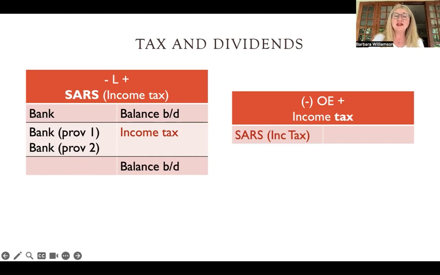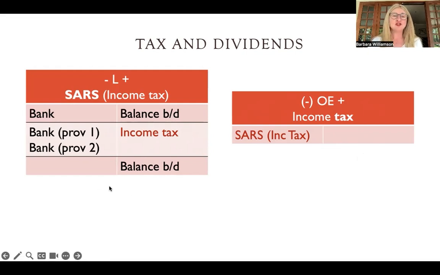At the end of the year, you would then calculate what is the actual tax that you think is owed. Obviously, that would then be a credit in the SARS account because you owe it to SARS, and you would create your income tax account. This income tax account is an equity account. It is going to reduce the equity, and we will show it on the statement of income at the very, very, very end. Obviously, it's not an operating expense, but it does reduce our profits. And that's why we're going to put it on the debit side.